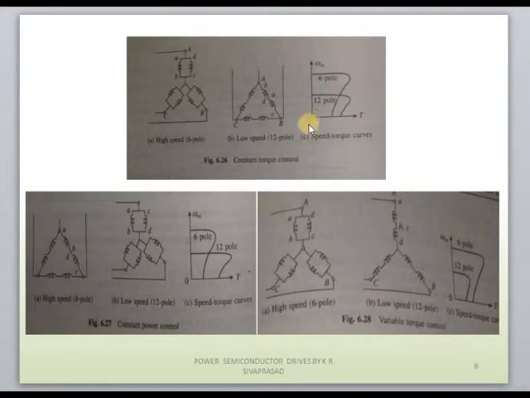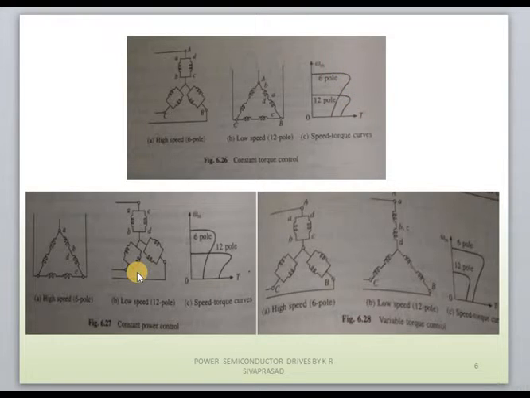That's why the speed torque characteristics diagram will be like this. Similarly, different types of connections are possible. In the second diagram, 6.27, you can see the constant power control. In the first case, it is a constant torque control. That means we are maintaining a constant torque in the first diagram. That is a speed control by speed control torque. In the speed torque curve, we can observe that there is a constant torque control here.